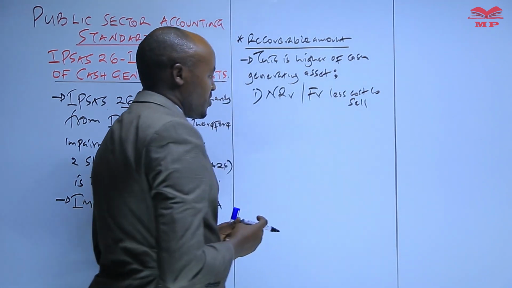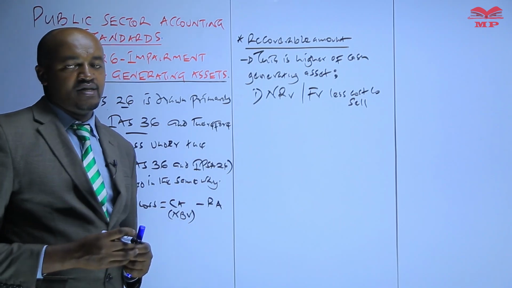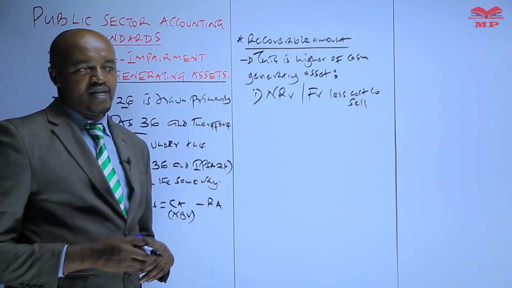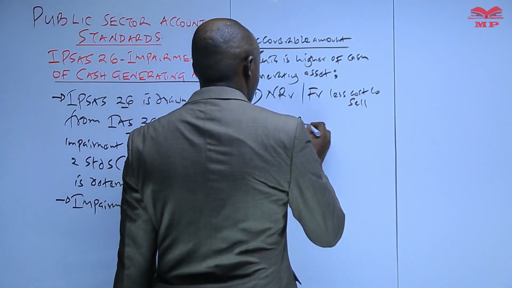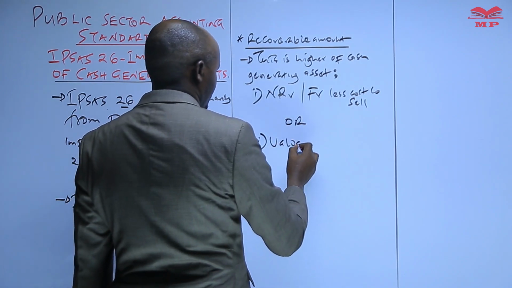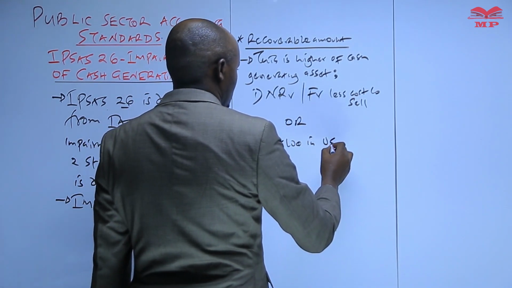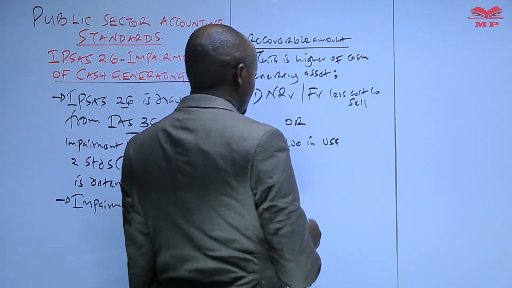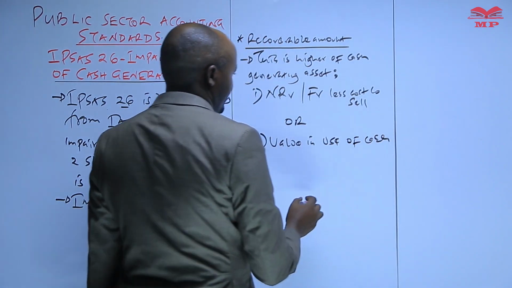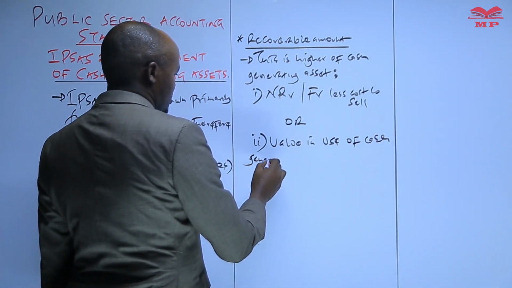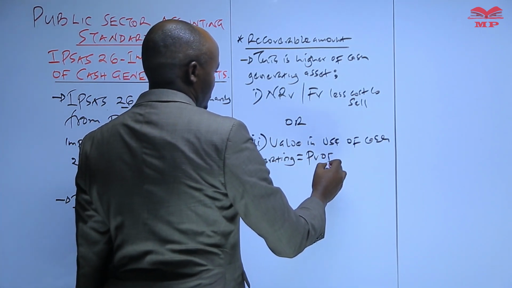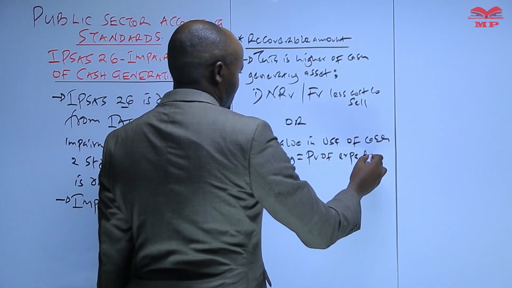Basically this is the amount the entity will get after selling the asset currently, minus the cost which will be incurred in selling that particular asset. We take the higher of that and the second value, something we refer to as the value in use. When we talk about the value in use of a cash generating asset, this is equal to the present value of the expected cash flows